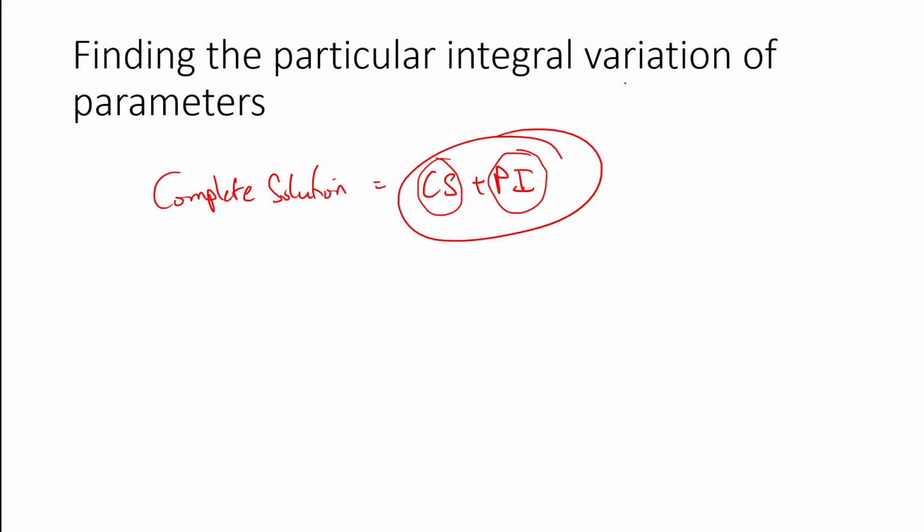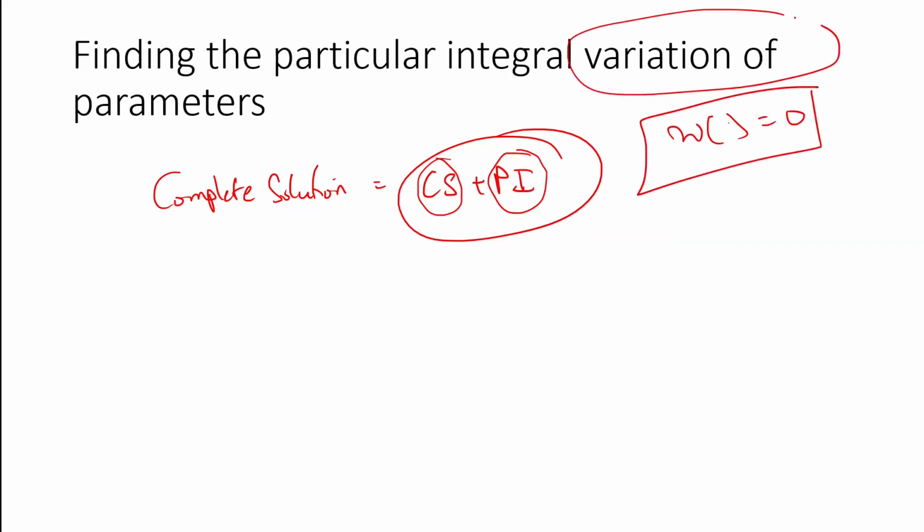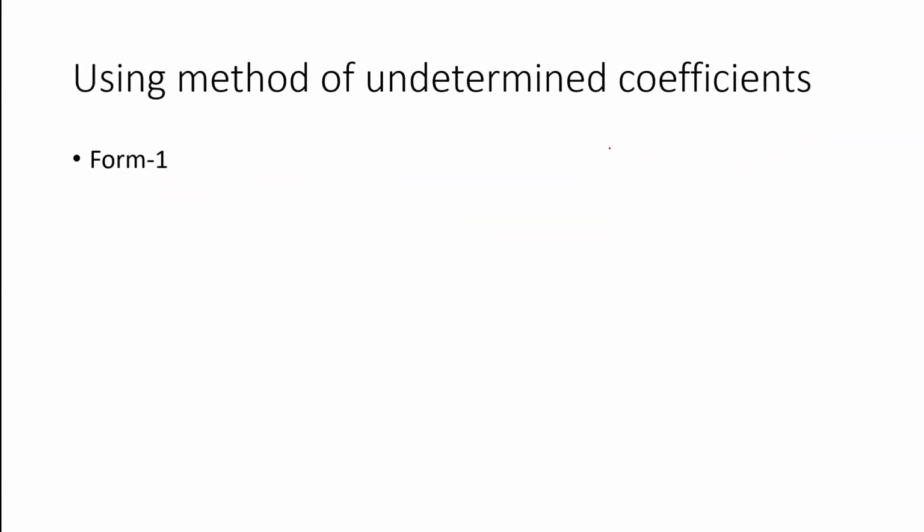Of course, there are some difficulties. If the Wronskian is equal to 0, then you cannot use variation of parameters; you have to use a different technique, called the method of undetermined coefficients, which I will show in later slides. I have already shown what the Wronskian is, so there is no difficulty in finding it. It's just a determinant of a matrix. So that's it about variation of parameters.